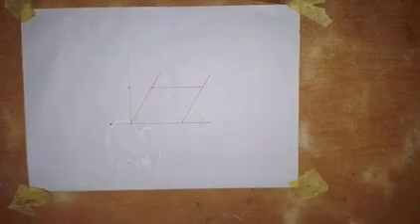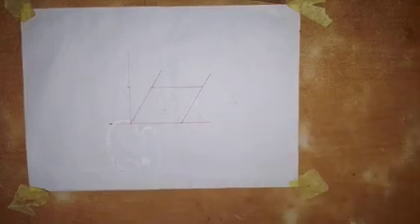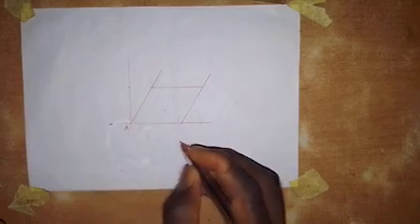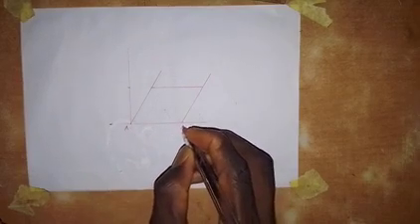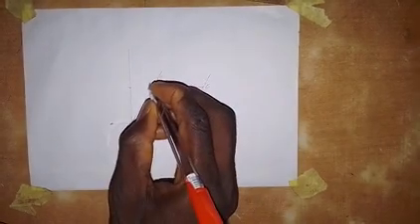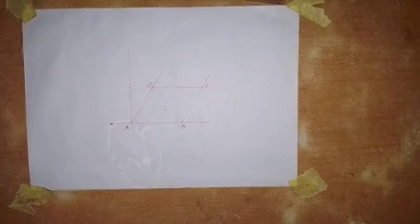So now, on this figure, I'm going to write. So let me use this to write A. So this is point A, and this is point B. So this is point C, and this is point D here. Okay, so with what we have done here, the next thing that we are going to do is